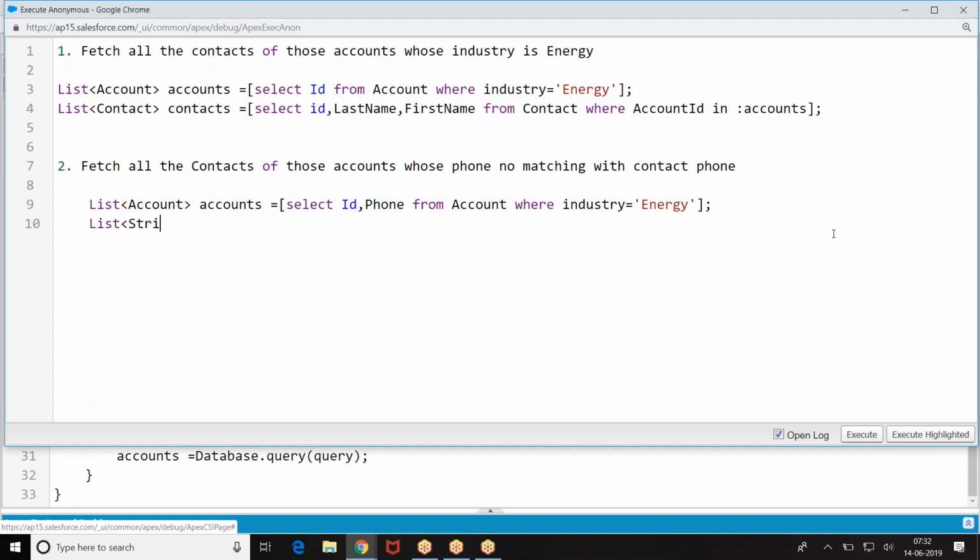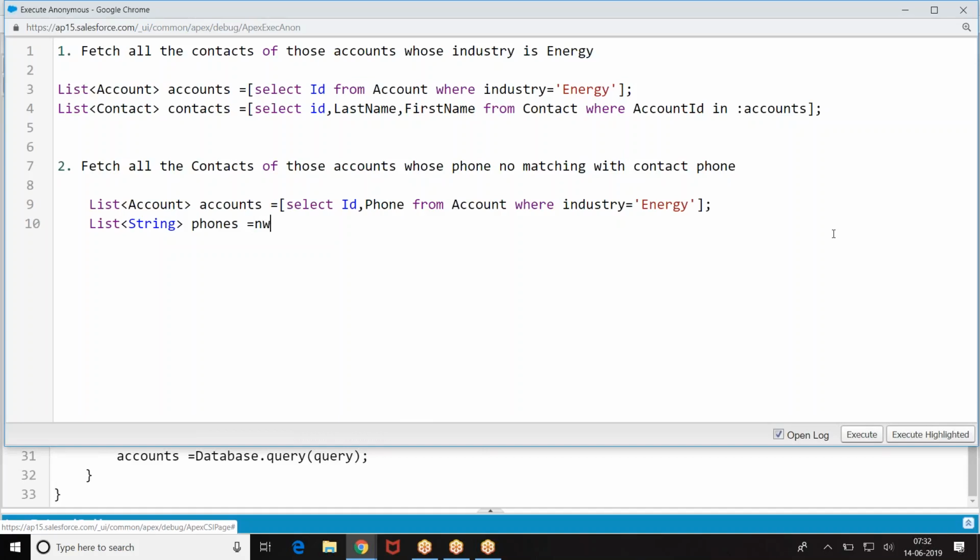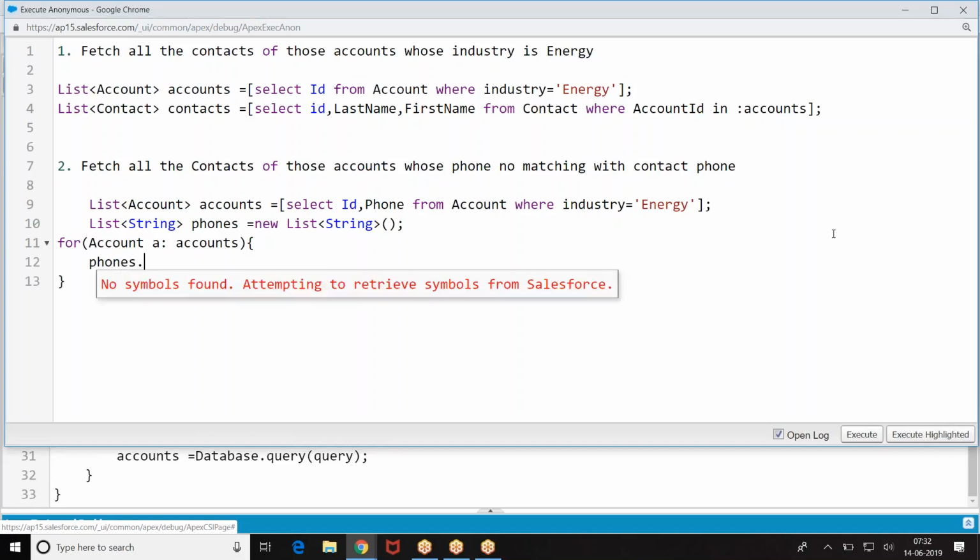List of strings. Put all the phone numbers in a separate list. For account A in accounts, then I have phones.add.